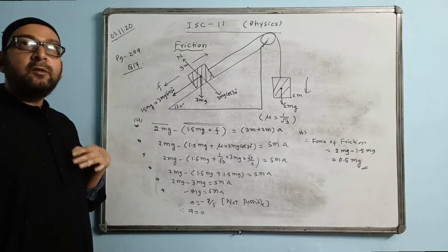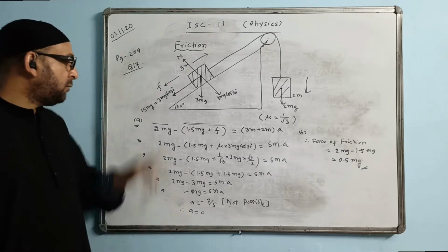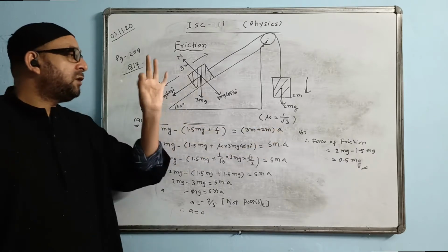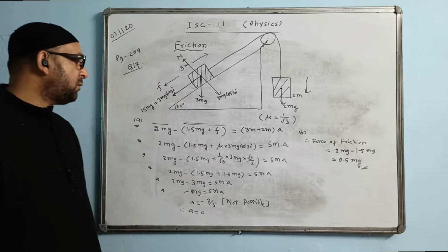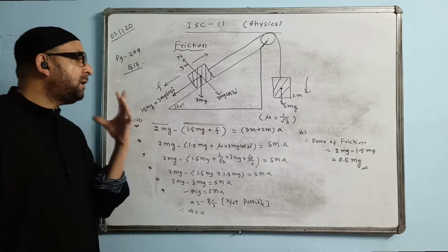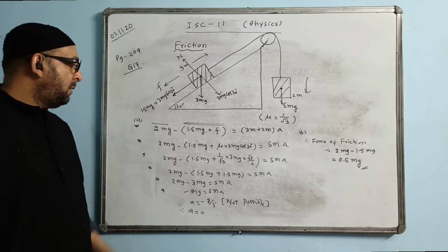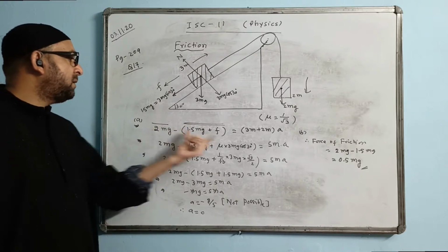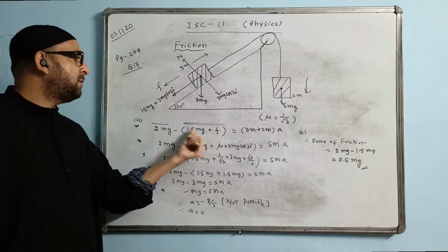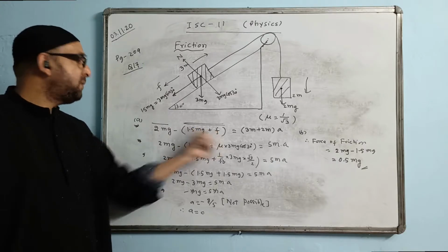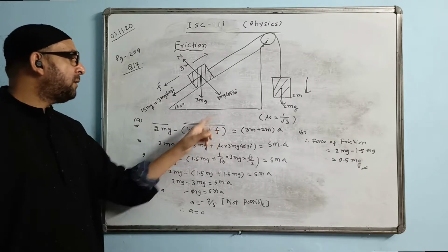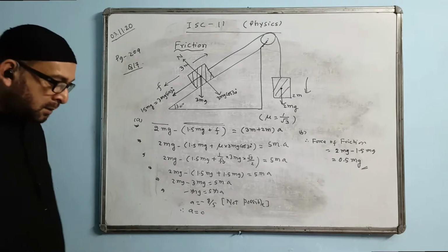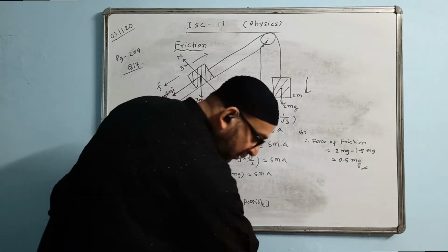Whenever A becomes 0, how to find the force of friction? We will go back to the first line. First line. We are making A value exactly 0. That is only possible when this quantity and this quantity are equal. So, when will they be equal? If this is 2 mg, then this entire thing also should be 2 mg. Then it's 1.5 mg plus F is equal to 2 mg. Therefore, F value will become 2 mg minus 1.5 mg. The answer comes 0.5 mg. So, this is the solution for this question.